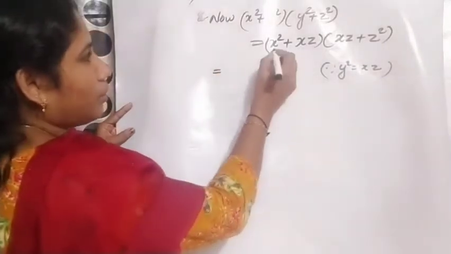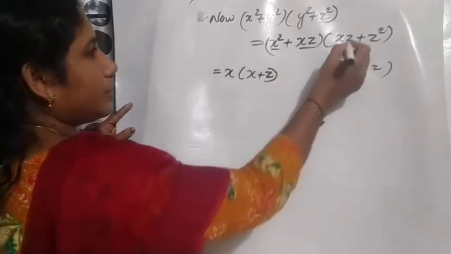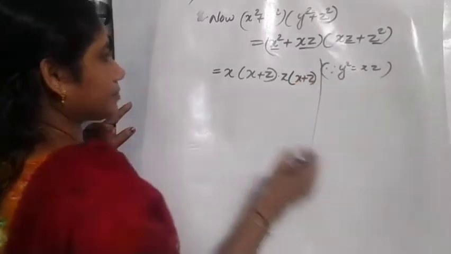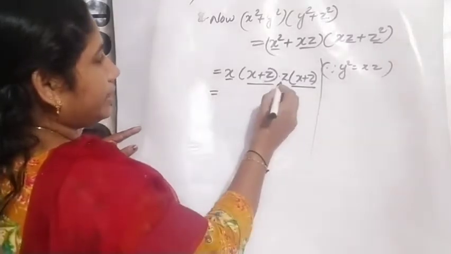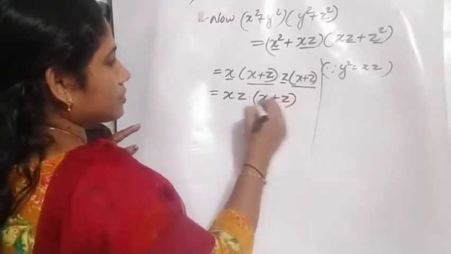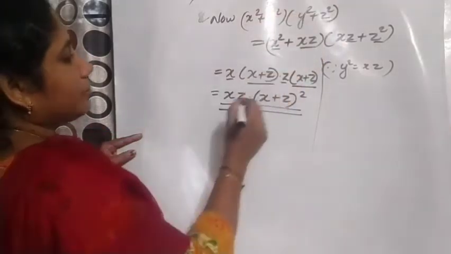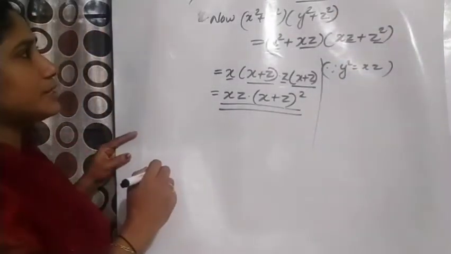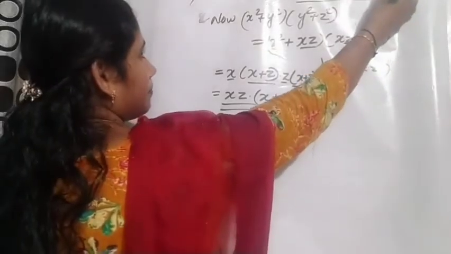Now, what is common for these two terms? x. So, x inside (x plus z). Here also what is common? z is common into (x plus z). You can see these two together we can write xz into (x plus z), which is repeating two times, so the whole square. Look at this RHS, the product of two terms, we got xz into (x plus z) square, no? As before, the square of xy plus yz is also the same. So we obtained equation number 1 and 2 same.